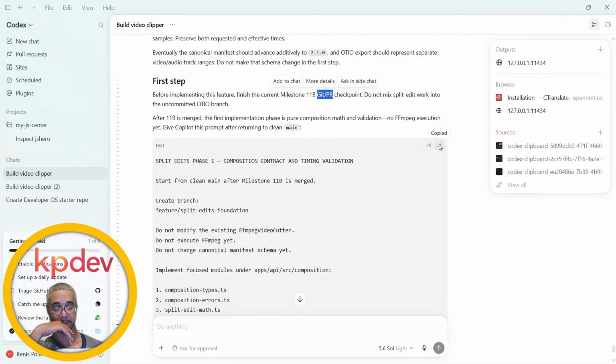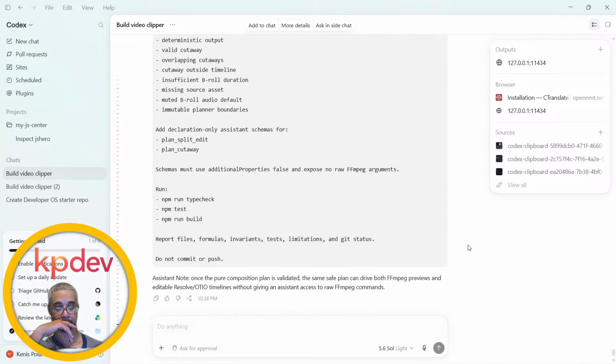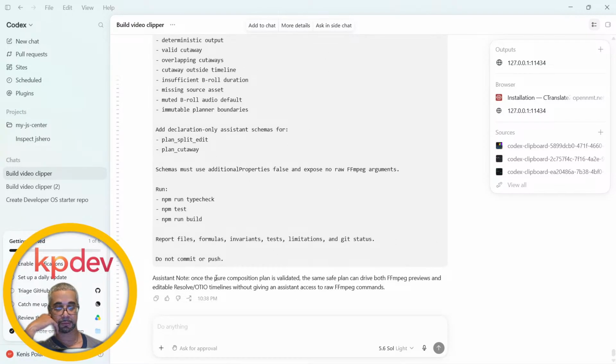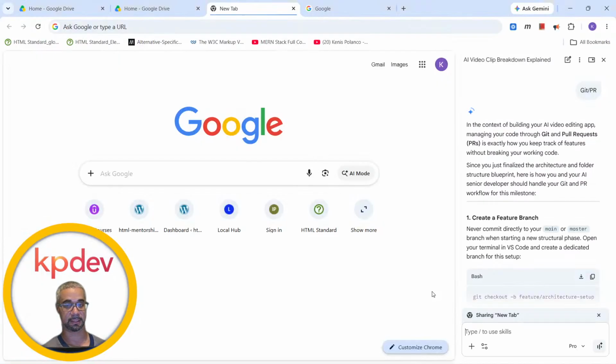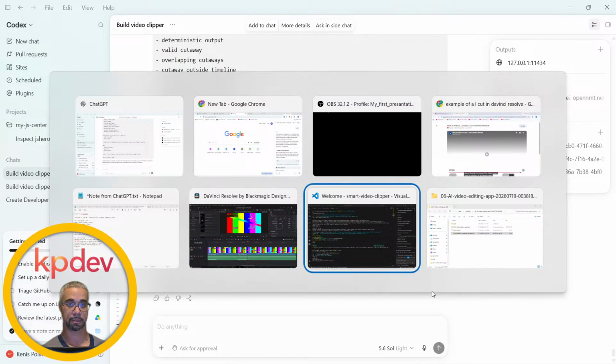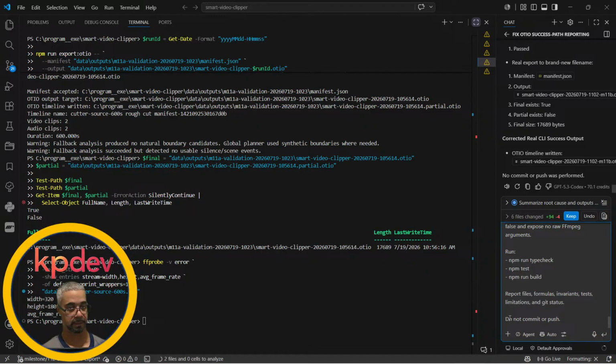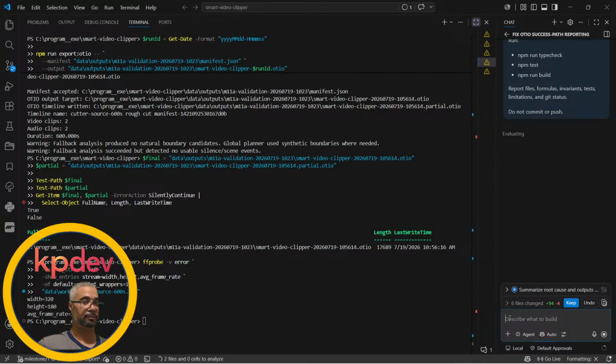Okay, so let's go ahead and give him this prompt. So system notes, once the pure composition plan is validated, the same safe plan can drive both FFmpeg previews and editable Resolve OTIO timelines without giving an assistant access to raw FFmpeg commands. Okay. Let's go ahead and go to our VS Code Copilot. And I'm gonna go ahead and give him this prompt. Press enter. And let's give them some time to figure out what are our next